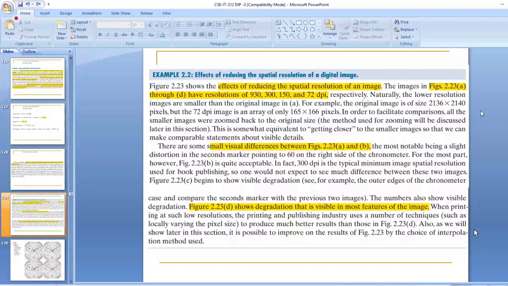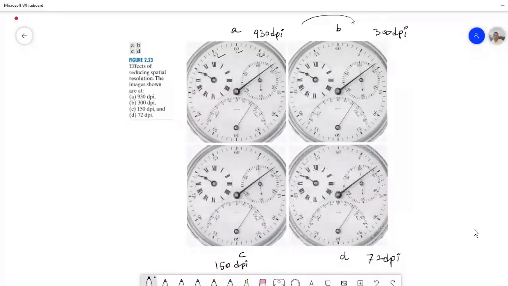Now this is another. So this is at the highest DPI. Okay, now as I decrease the value from 930 to 300, approximately I have decreased by 1/3. Okay, so see the effect. Are you able to see the effect? You can see the effect here. Are you able to see the effect? See this needle. Now I am taking this tick and this tick. It means I am comparing this needle with this needle. So I think this needle is not showing the complete dark color.